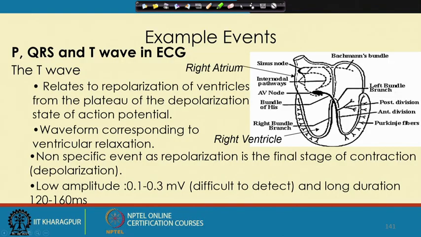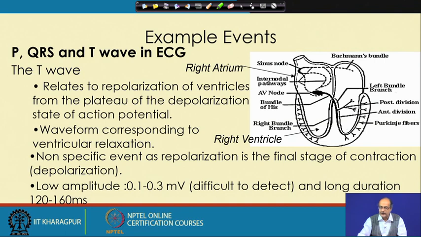Now, if we ask why some of the signals are strong and some are weak, the reason is that if we look at the walls of the atrium, we see the walls are much thinner there. On the other hand, the ventricular walls are much thicker. What that signifies is there are a lot more muscles in the ventricles, and because of the presence of a large number of muscles, and their simultaneous action because of the presence of the network of the nerves,